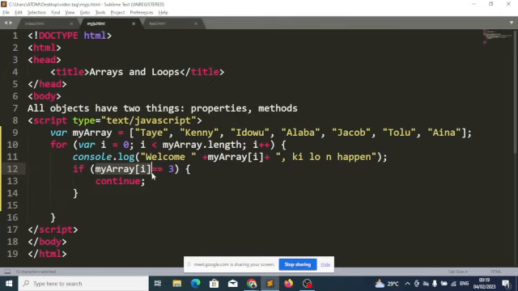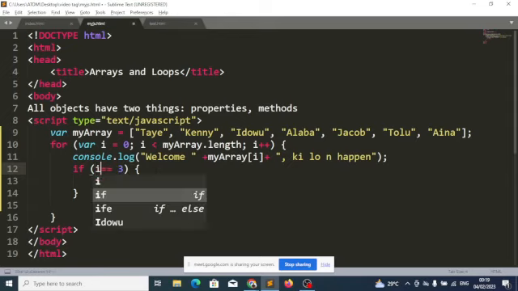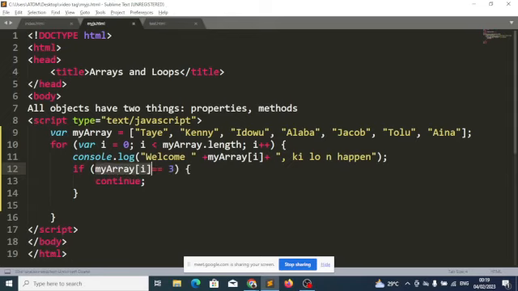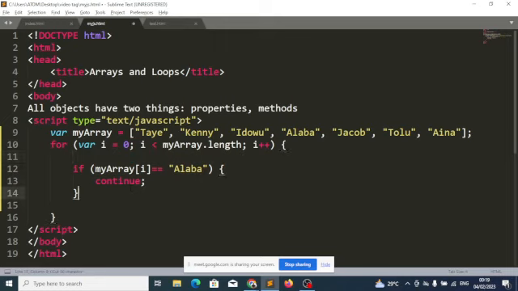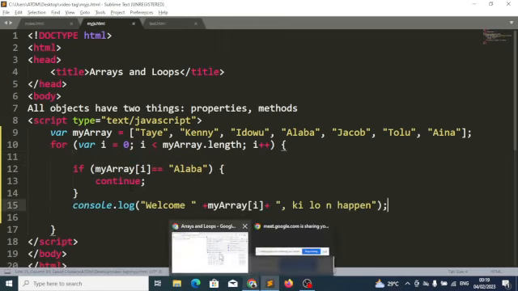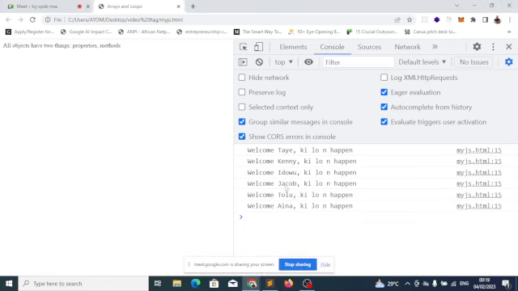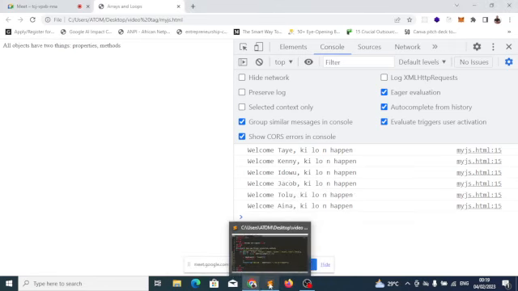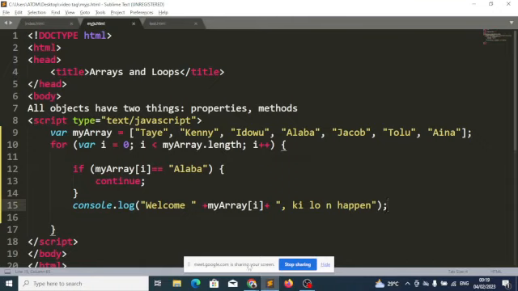If you say I like this, change the 3 here to Alaba, like this. Yes, this will give us the results. You are right. This will give us the results. But it is not dynamic, as you said. It is not. But then this will give us the result because